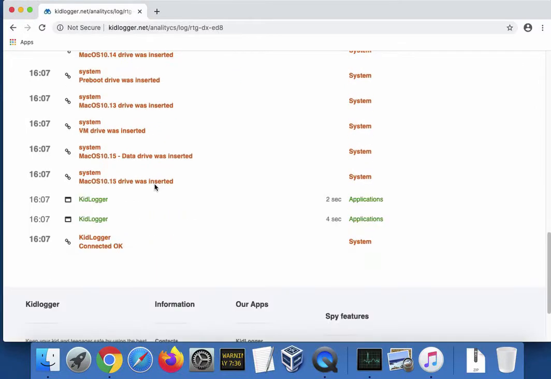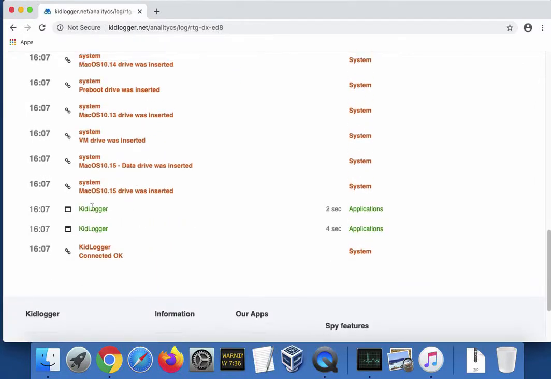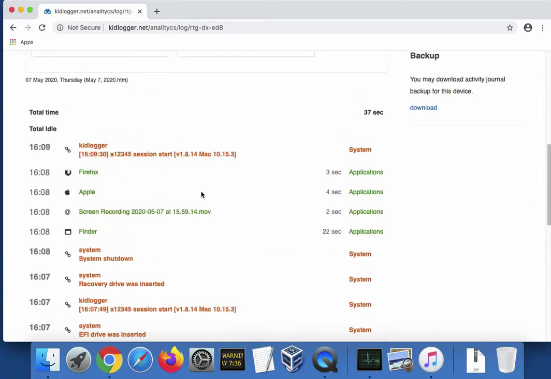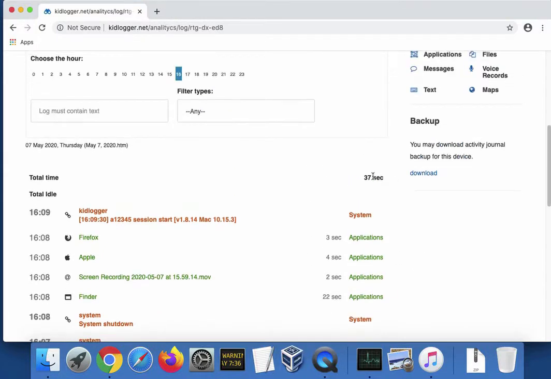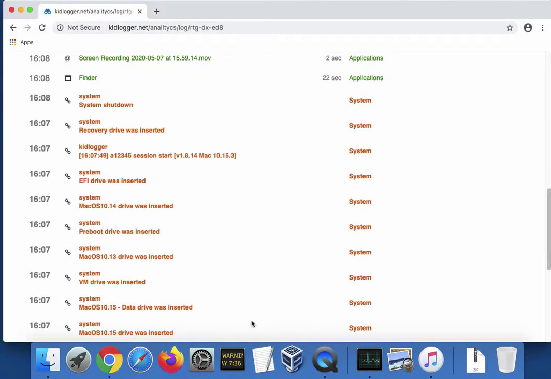In the log, we can see some names of the applications that the user launched on this computer and the duration of their usage. In addition, we can see some system messages.